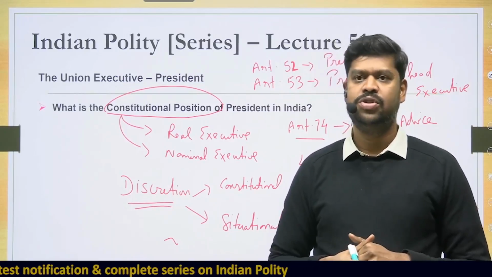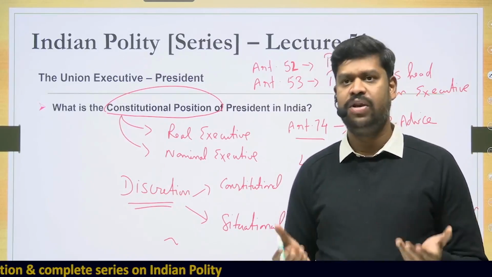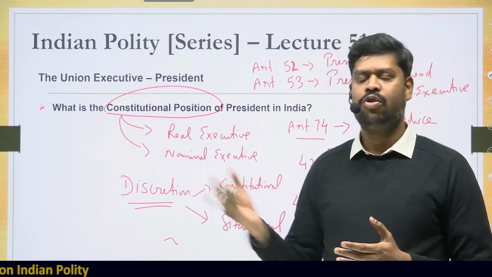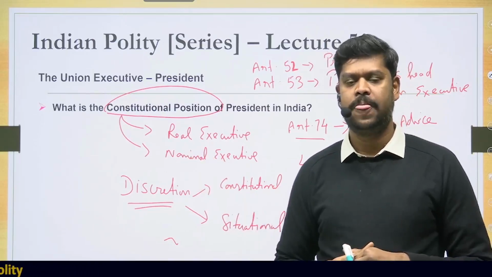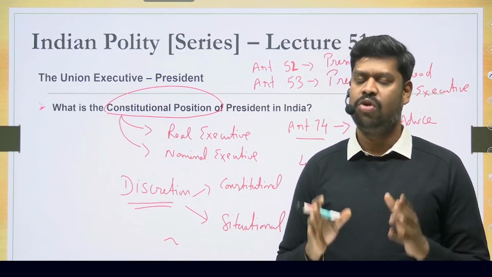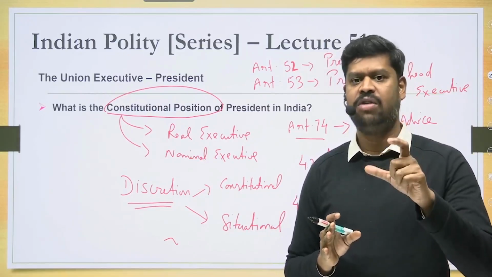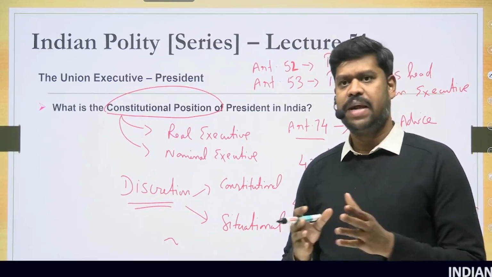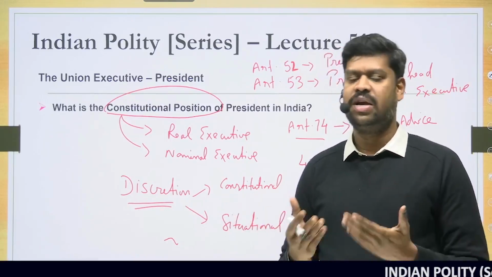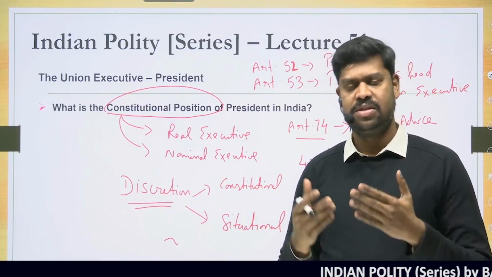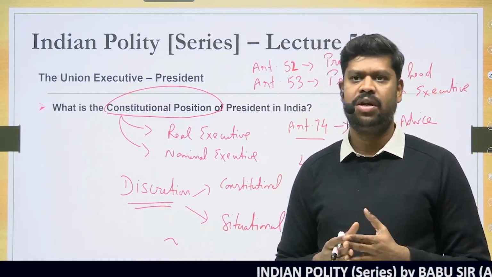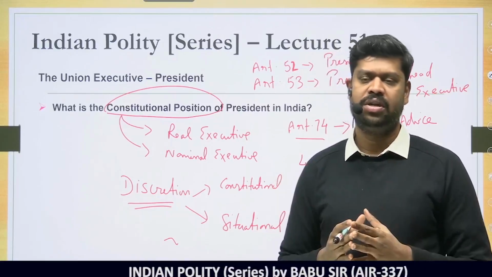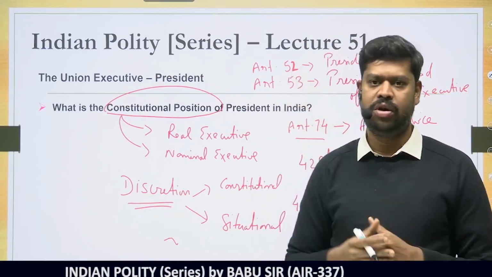So sometimes students do ask me, in that particular case, why do we need a President? We don't even need a President if the President is to be a nominal executive. There could be just the Prime Minister and the Council of Ministers. However, the Constituent Assembly wanted someone to be head of the state who does not belong to or represent a party. Because the Prime Minister and the Council of Ministers, though they form the government, do represent a particular party. They may represent a particular ideology, but that is not the case with the President. The President is someone who is beyond party politics.